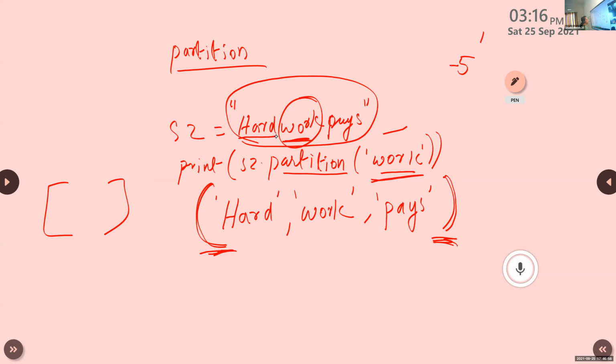The second part is the separator itself, so it is work. The third part is the substring after the separator, so it is space. Enclose these 3 parts within round brackets because this function will return a tuple. Is it clear, Niranjan?